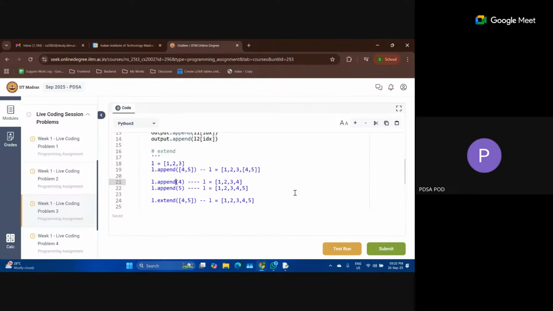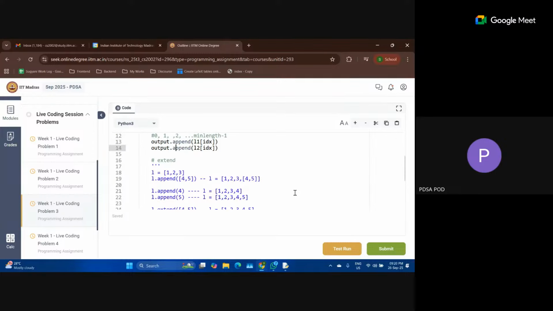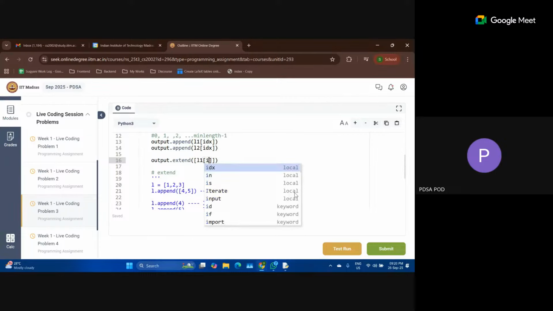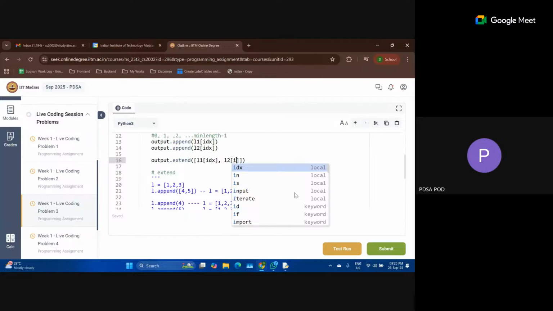So here also, instead of writing these two different append operations, I can just simply write output dot extend with the list L1 of IDX and L2 of IDX.